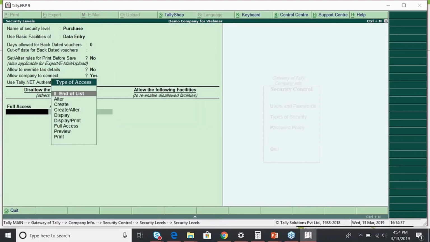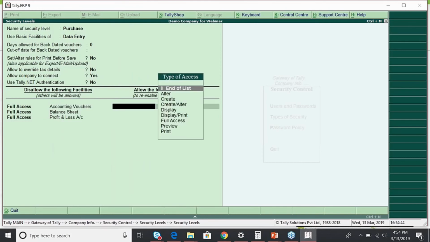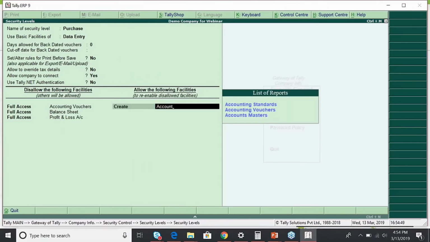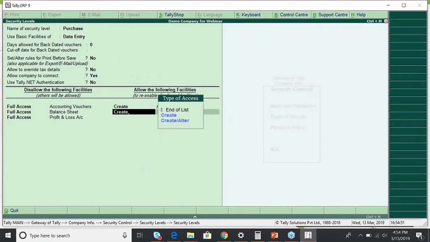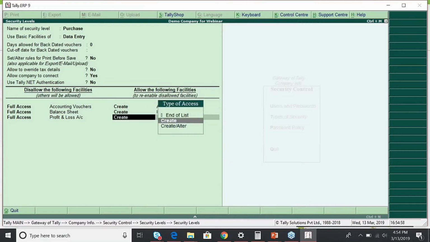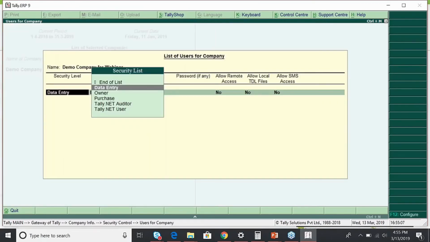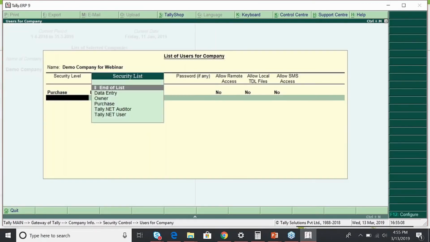You can restrict according to full access for balance sheet, full access for profit and loss account, and he can create accounting masters, create inventory masters, and create only purchase. Once this is done, the user can be allocated to that.